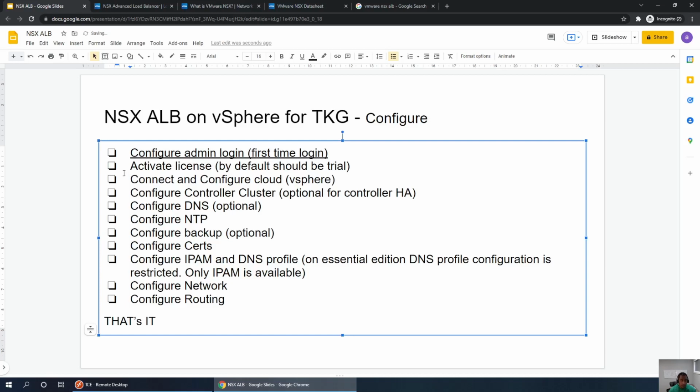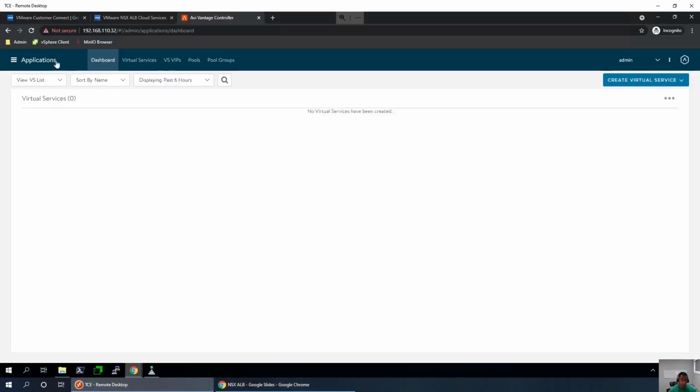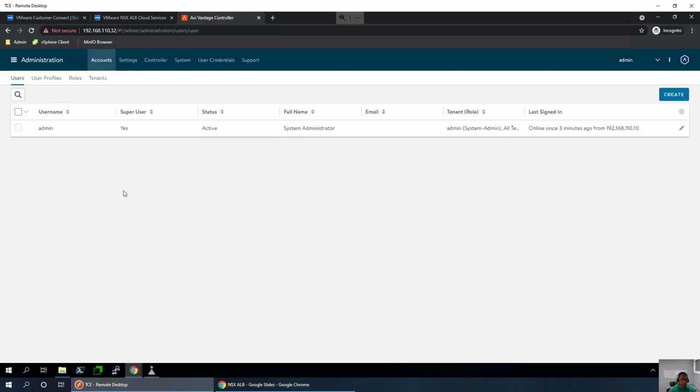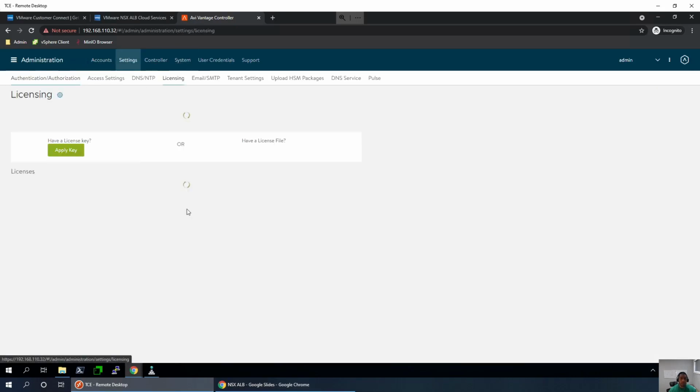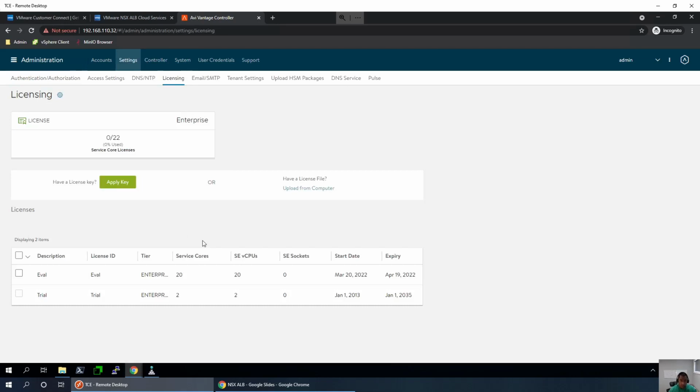So that's done. Activate license, so that's my next step. Right? So I'll go in and go to the licensing section. I think it's under settings, licensing, and as I've just downloaded from the